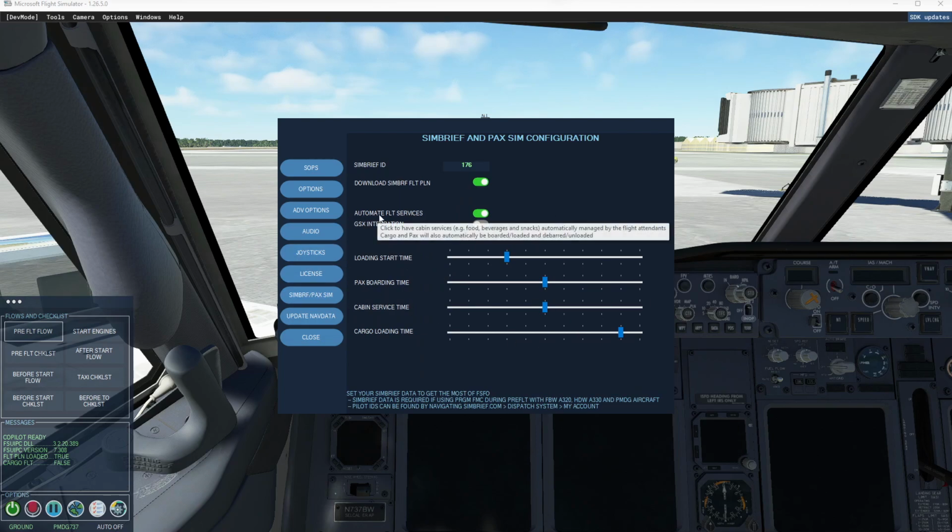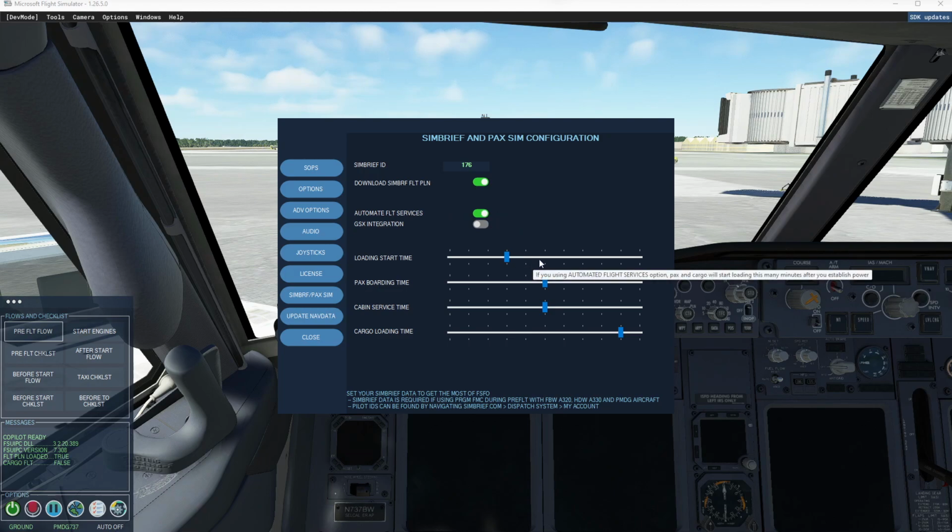The first is the Automate Flight Services. What this is, Automate Flight Services, is FSFO will automatically start loading the passengers for you. It will automate the snack service, the meal service, and so on. If you choose to use automated services, the PAX will begin boarding once you establish power, using this slider